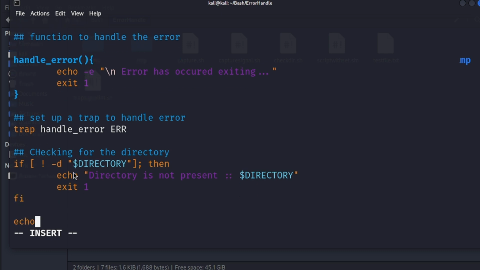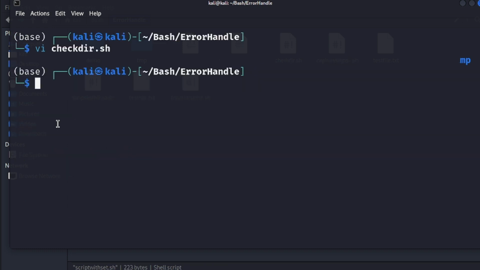And yeah, if this is not the case, we'll basically say yes, the directory exists, something like this. And yeah, we will just write and quit. So yeah, let's basically run this command. Okay, sorry, I have to change this. So here if we just pass some non-existent directory, let's say non-exist, something like this, non-exist directory, here